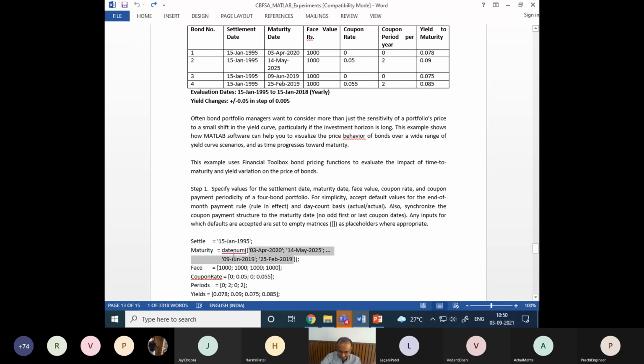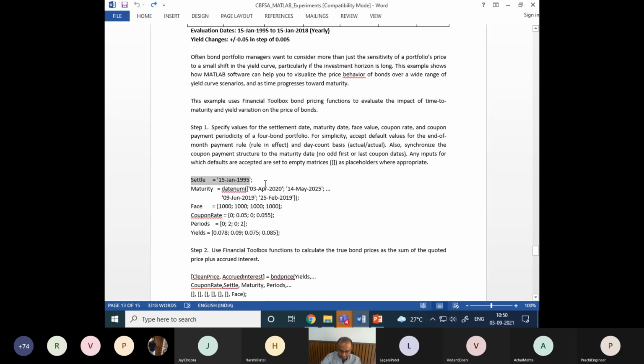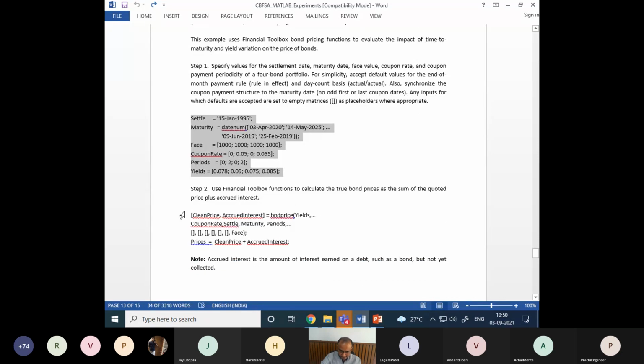So it is in the same format, and let me find their numbers because I now have to deal with numbers, since the maturity dates are different. So let me apply the datenum function. Hopefully you recall what the datenum function is. It calculates the number assigned to each date based on some reference, which we have seen in the very first lab. Then I create a vector of face values, say 1000, 1000, 1000, a coupon rate vector, periods, meaning the number of periods per year for coupon payment, and a yield vector. So whatever is given in the data table, I have created as vectors.